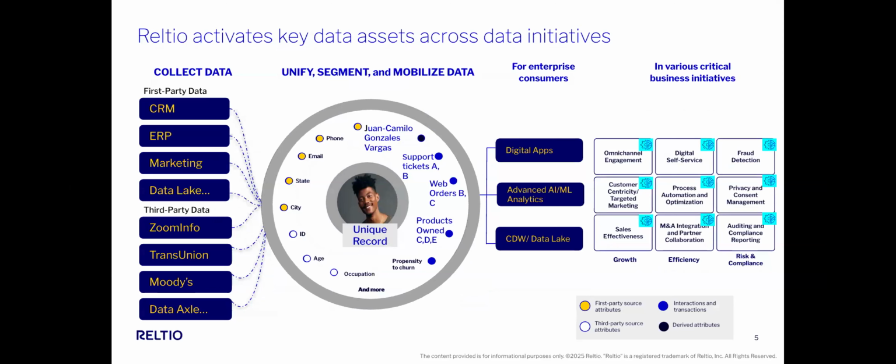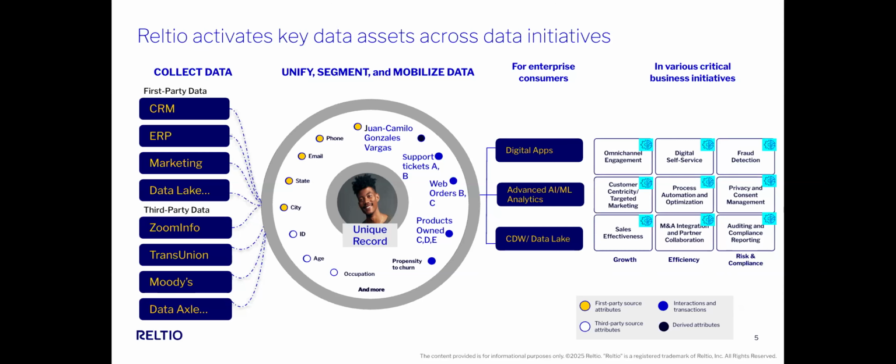Here we see the typical flow of data and how Reltio's data cloud helps bridge the trust gap that I spoke about earlier by enriching and improving data quality, as well as delivering trusted data at the right place and time. On the left side, we have various data sources. These are typically enterprise applications such as CRM, ERP, etc., or data warehouses and data lakes. We also have third-party data enrichment providers that are often seen in the enterprise landscape. Reltio comes out of the box with thousands of pre-built connectors to help ingest data from any of these sources and internally cleanses, identifies duplicates, and merges datasets to create a golden identity.